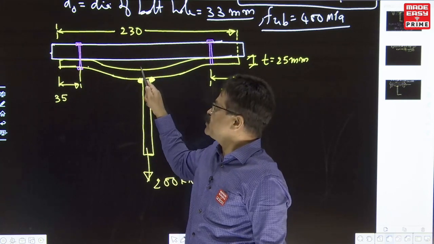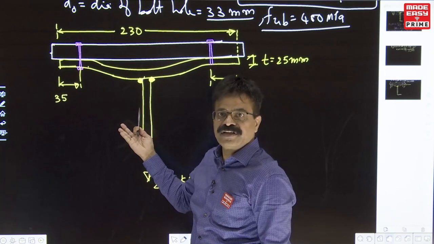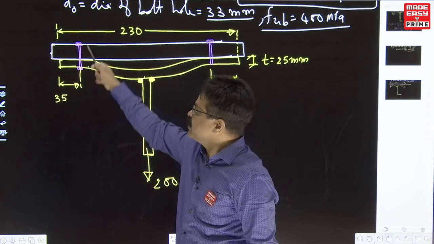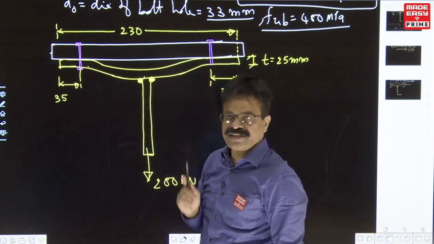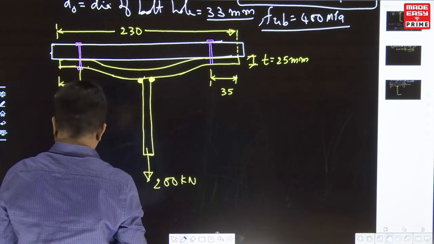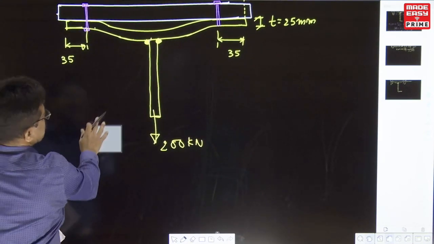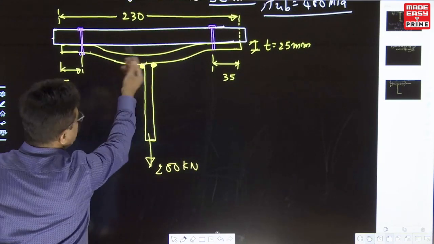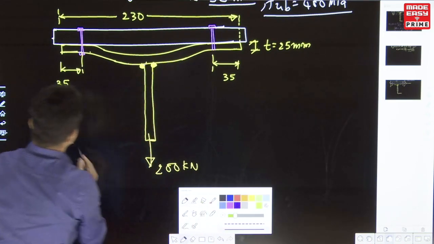So at this point you check the capacity of the plate, whether it can take the moment or not, whatever is developed. And once you check this one, the next possible failure is the bolt because of the tension. Two checks we have to perform. Okay, for that, whatever dimensions he has given, in 5 or 6 minutes you will redraw the same diagram. This value we take as LE.